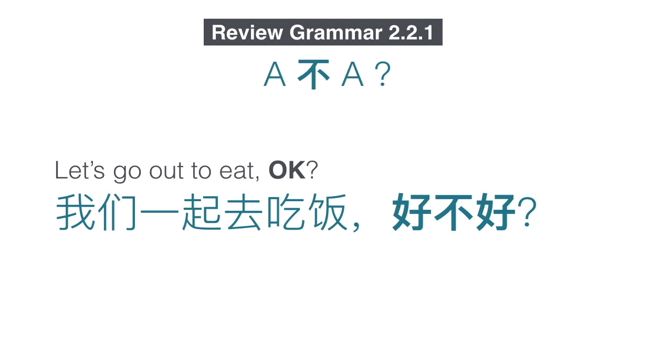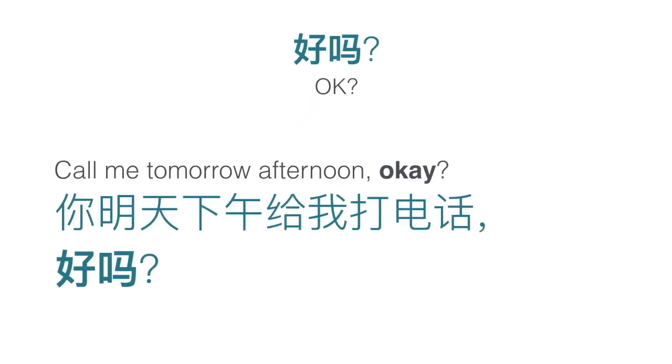Remember back in Grammar 2.2.1, we learned how to use the construction adjective 不 adjective to ask whether that's the case. For example, 好吗 becomes 好不好。 For example, let's go out to eat, okay, becomes 我们一起去吃饭好不好？ Another example, call me